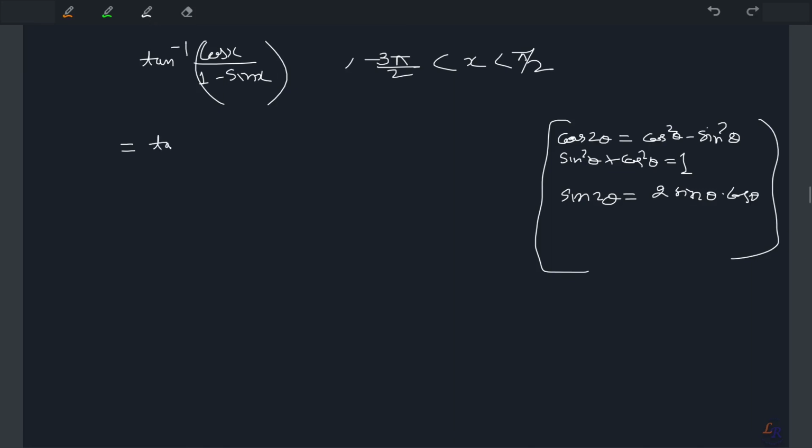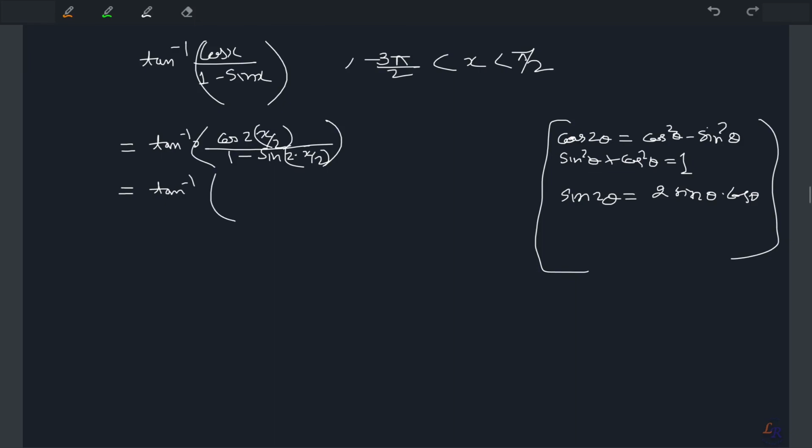So let's say tan inverse, okay. So cos x, you can write cos x by 2 as well. So then you can write as cos 2 into x by 2. It makes the same thing, and then you can utilize this formula. Similarly here you can write 1 minus sin 2 into x by 2, no problem. Now you can utilize this formula and see how they look.